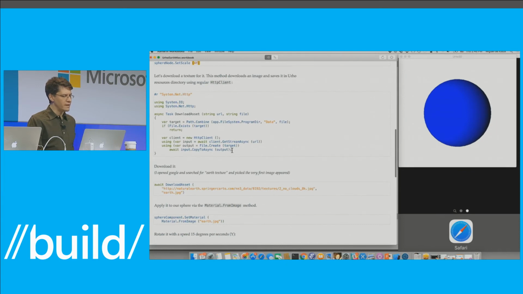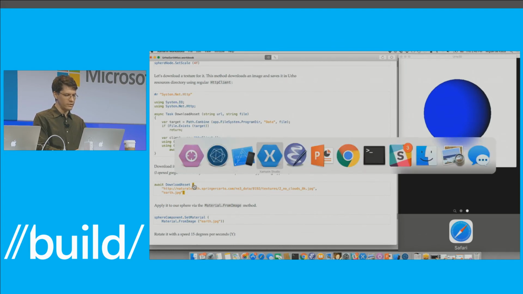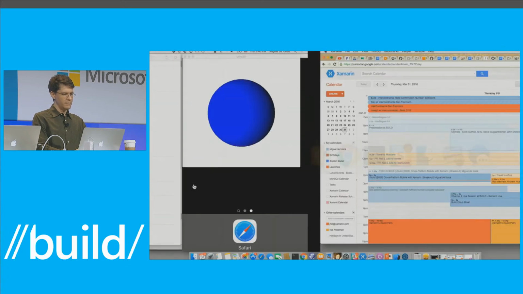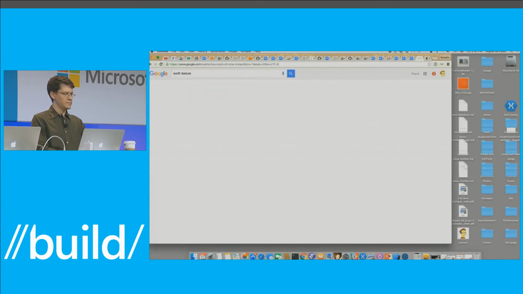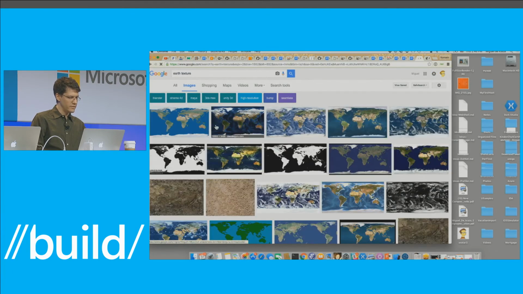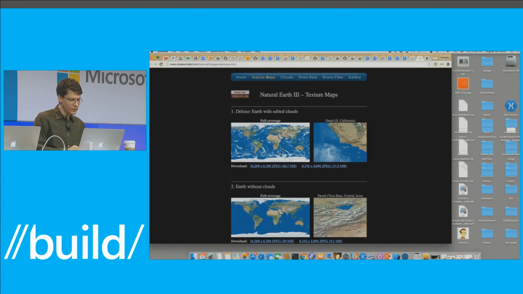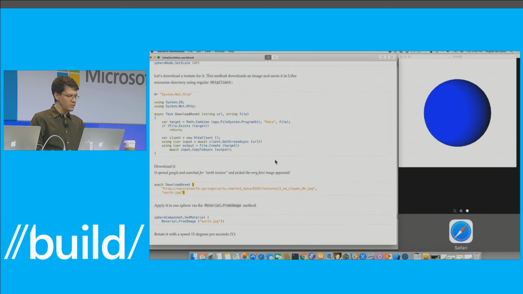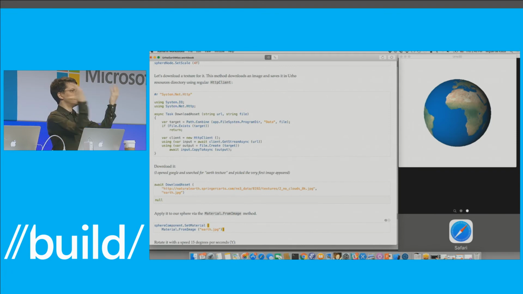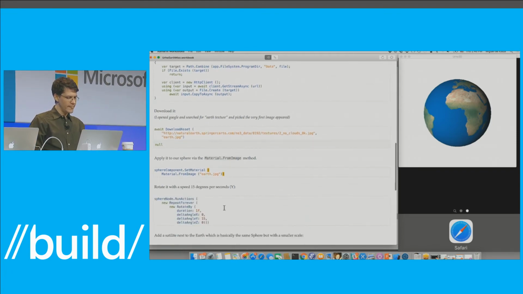Then there's a little routine here to download an asset. The idea is I don't have any assets on my machine, so I define this function. And this thing that you see here, it's actually the result of a Google search for Earth texture. So if you go to Earth texture and you get one of these puppies, it turns out that it's one of these images, right? So you get one of those. So all I'm going to do is download this thing, and then I'm going to set the material of the sphere to that. So now we got the texture wrapped around the sphere.